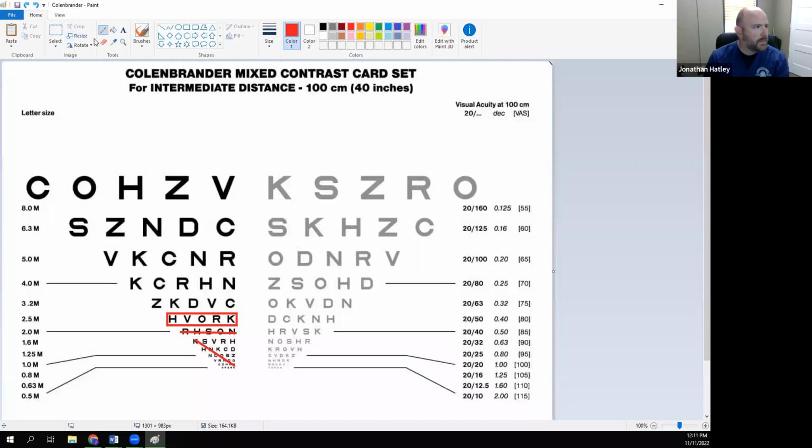Now let's say that, for instance, the test was at 42 centimeters and the patient was able to read all the way down to this line right here. So in this case, the patient was able to read all the way down here. They weren't able to read anymore. So in this case, what we would say, and it was at 42 centimeters, so we would say